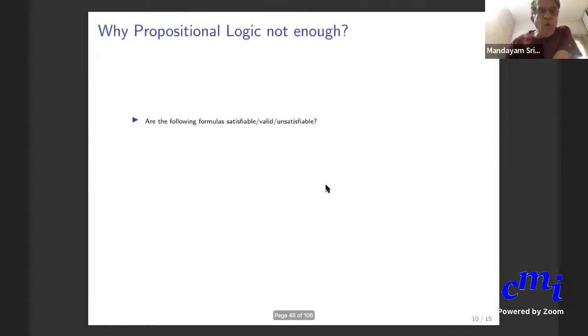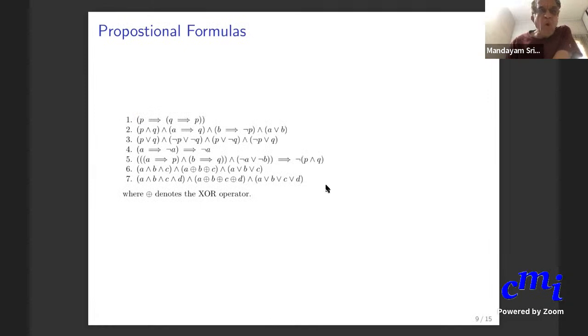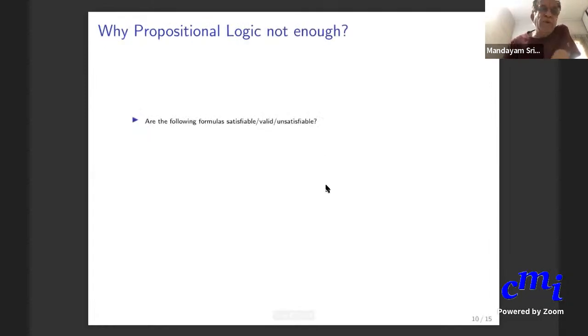Okay, I only showed that before I move on to introducing or motivating the subject matter of today's lecture, which is first order predicate calculus with theories. Multi-sorted first order predicate calculus, or first order predicate logic with theories. Okay, so why is propositional logic not enough? Just to motivate that, I'm going to ask